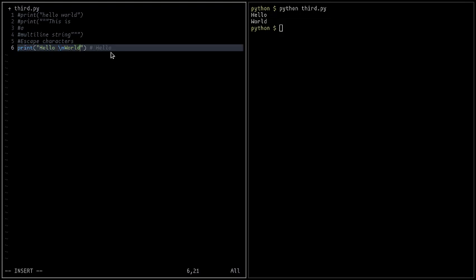So why did it create a new line? Basically these are escape characters. This backslash n is something like an escape character. So if you want to write something like this,